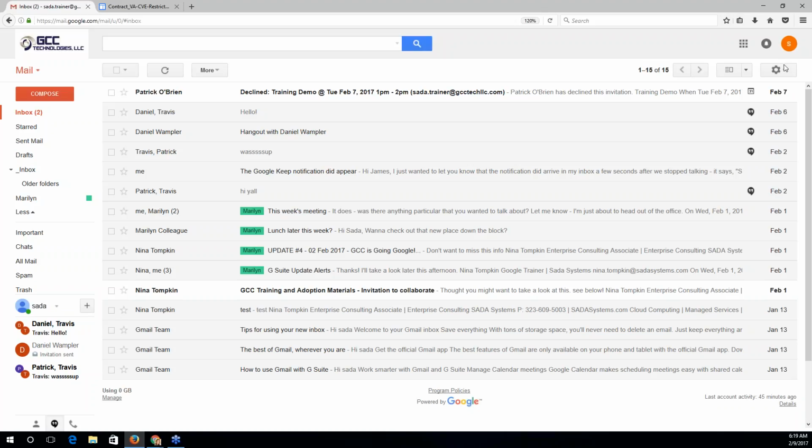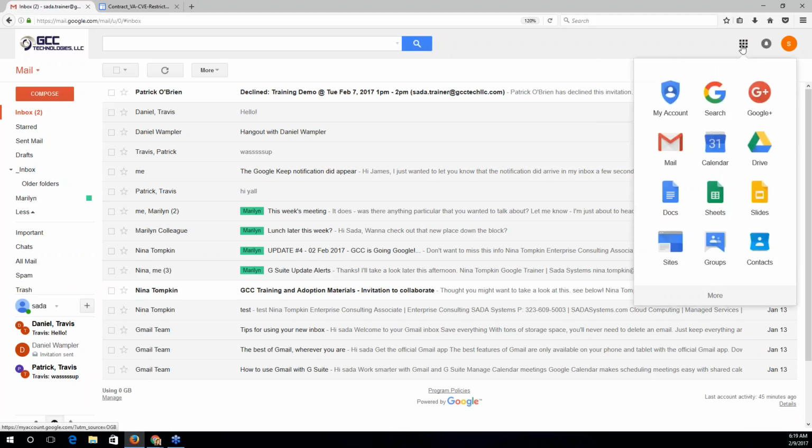Over on the right-hand side, we have some more interesting and important icons, as Patrick pointed out in the GCC portal. So you first of all have this thing that looks like a waffle. If you give this a click, this is the Google Apps product grid, and it's going to be the easiest way for you to bounce between different G Suite tools relevant to your work. So in your case, since VPN does not seem to work with Drive and Docs and Sheets at this point, for most of you, it will be the way that you can bounce between your inbox, Gmail, and Google Calendar.